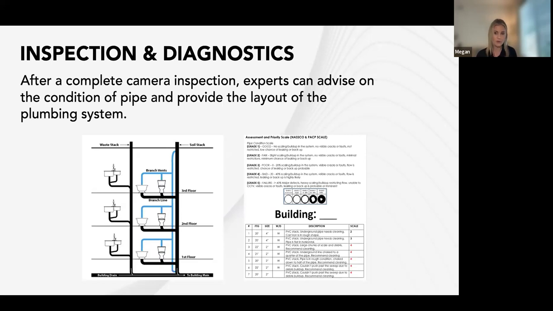We also provide a full project management service when we're doing a full project. So we're not only lining it and replacing what we need to, but we're having a team help management coordinate building shutdown times. We'll have a project manager assigned to the HOA.